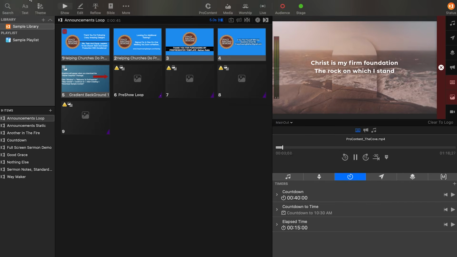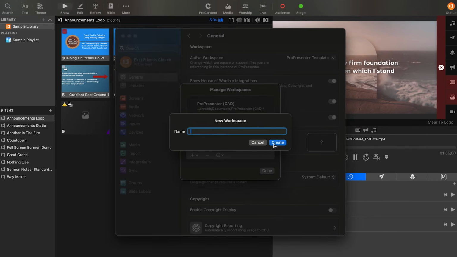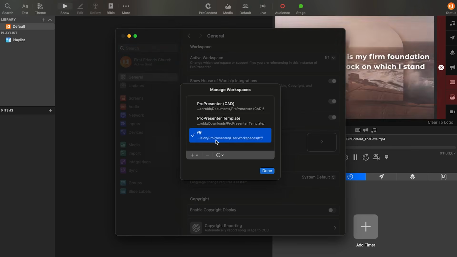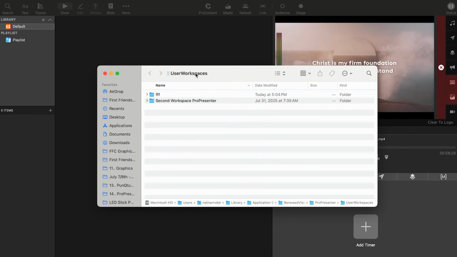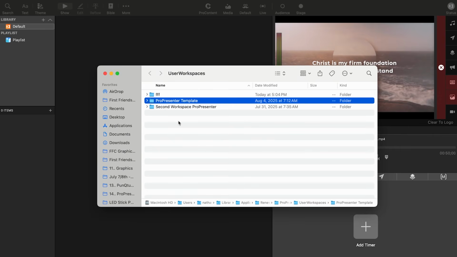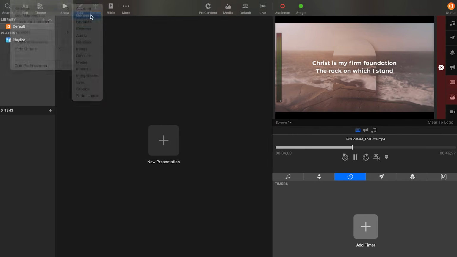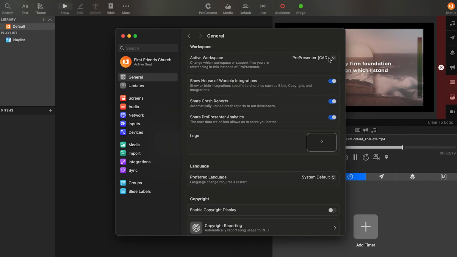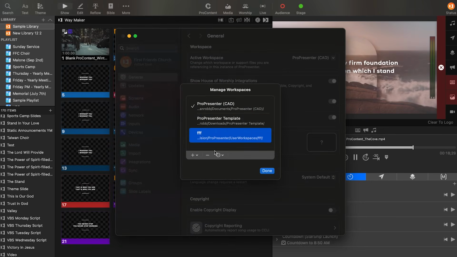this folder, go back to ProPresenter settings general. Let's create a new workspace that's just called whatever. Now let's open in Finder. This will open up the user workspaces folder in the Renewed Vision folder in this location. Now we can paste this folder for the ProPresenter template inside of the user workspaces folder. Now we go back to settings general. I'll switch to this one, and then I can go ahead and manage workspace and then delete this new one